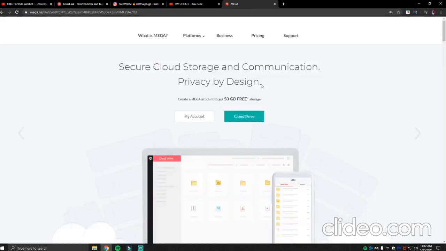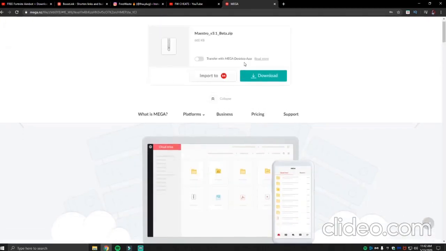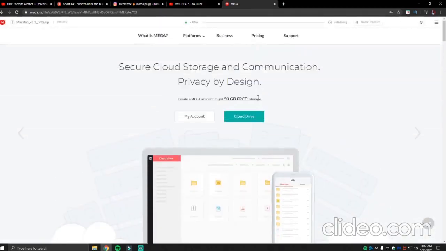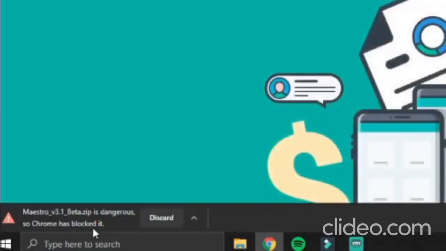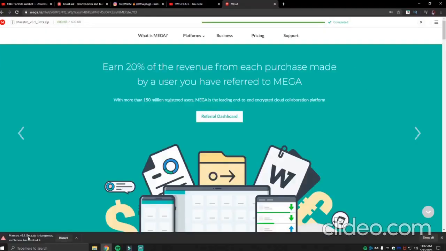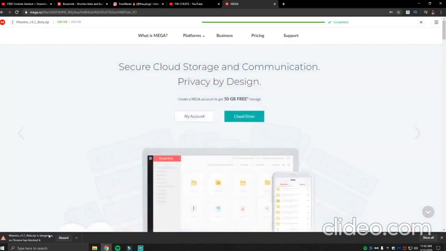I'll send you to mega.nz, and then as you can see right here, just download that, and wait for that to download. Make sure it's version 3.1 beta. The zip is flagged as dangerous, so Chrome has blocked it. And why is it saying this exactly? The spoofers are the reason why it's saying that, and I'll show you that once I show you how to download it. So discard or learn more, and you can't really download it,